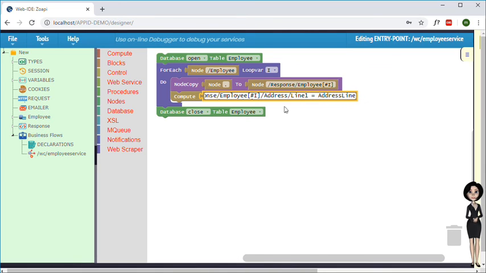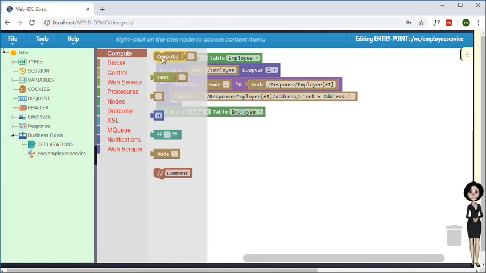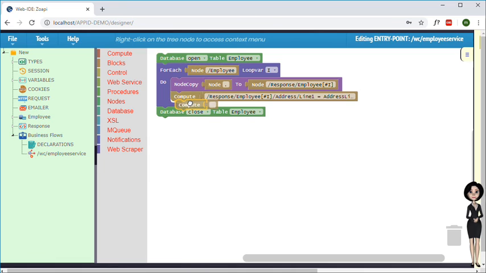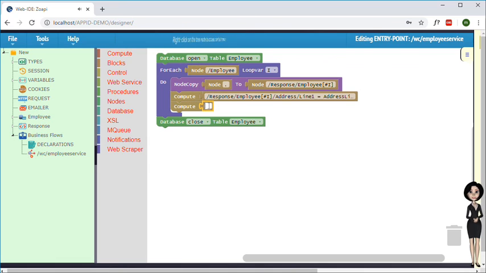The compute command is the most common command in ZOAPI, and is used to perform all kind of computations and assignments. The compute command recognizes the data types of the operands and works according to the data types. We are finished with our